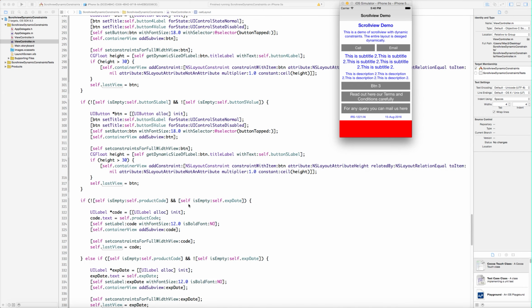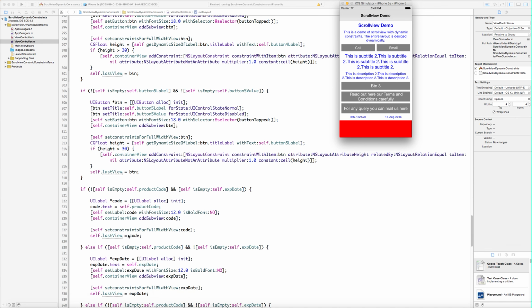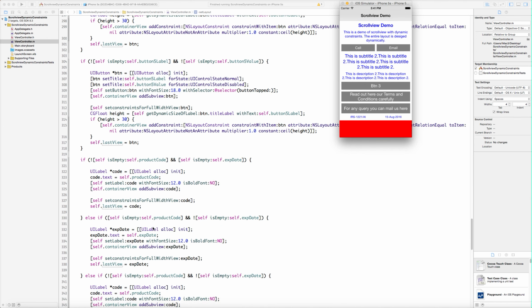At last we have the product code and expiry date. So first of all I have checked this, if product code is not empty and the expiry date is empty, it means we need to add the product code in this container view. So I have configured the label, assigned the text, and added into the container view, given the constraint, that is the leading, trailing, and top, and then assigned to the last view.